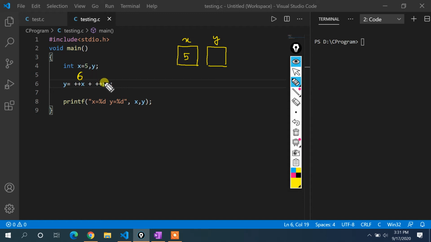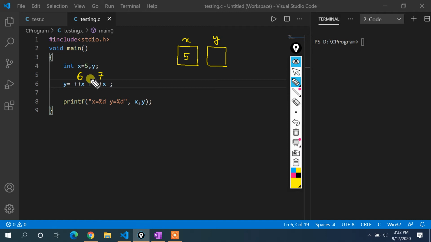Then we come to this place. Again we have to increment the value. The previous value of x is 6, so here it gets updated to 7. Now there is no expression left. Whenever a compiler executes this statement, first it will perform the first two operands' operation, because two operands can only be executed at a time.